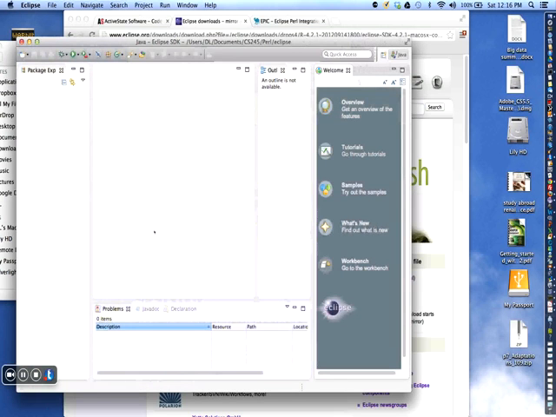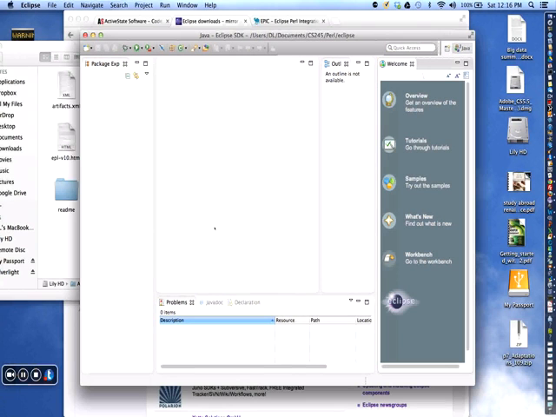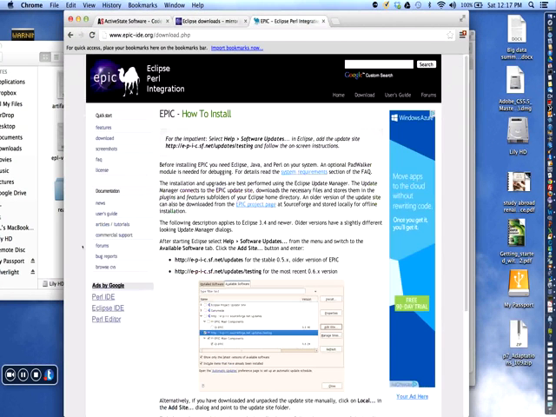And as you can see, we are almost there. Since I used it before with Java, it comes with Java. However, we want to make it work on Perl. So we are not done with the installation. If you go back to the website, you have to go to another website named